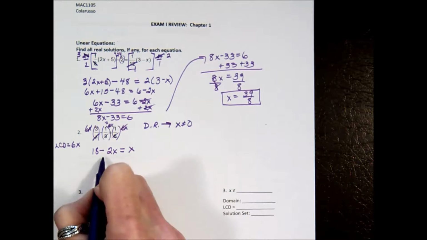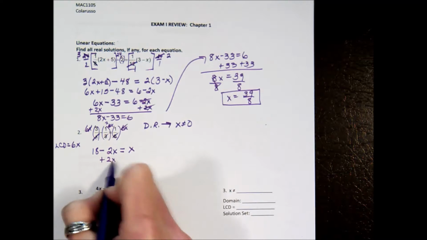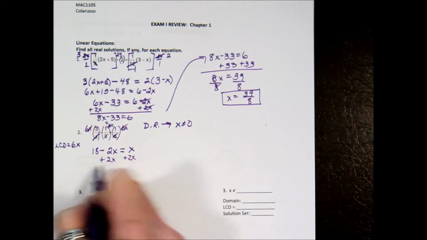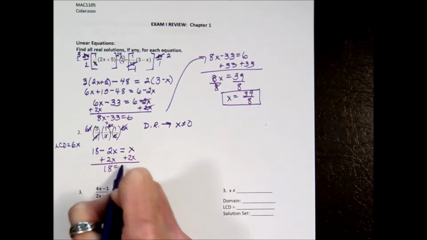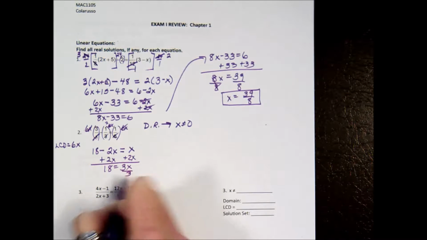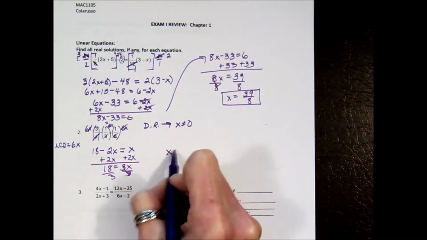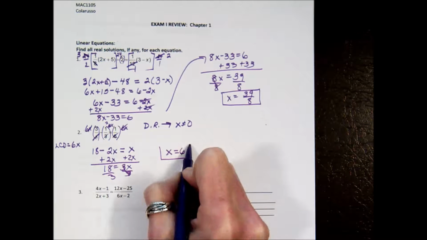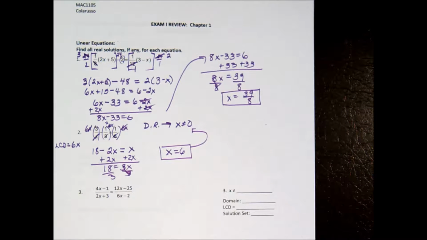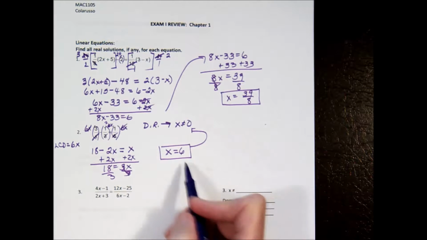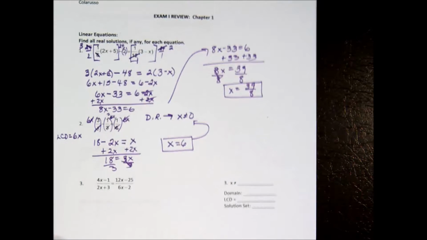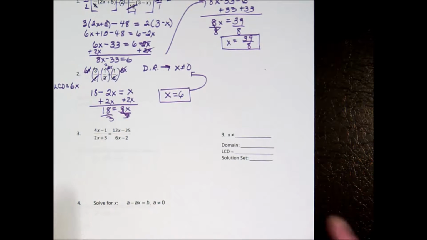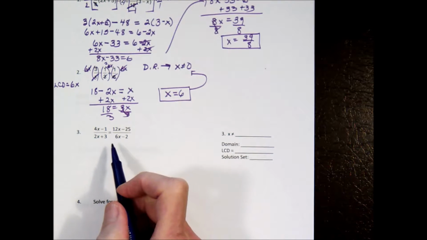I am now going to add a 2x to both sides to get variables on one side, numbers on the other, divide by 3, and I get x equals 6. And since that is not in my domain restriction, my answer is fine. You could plug that one in fairly easily and check it. That's an easy one. All right, let's look at a much more difficult problem